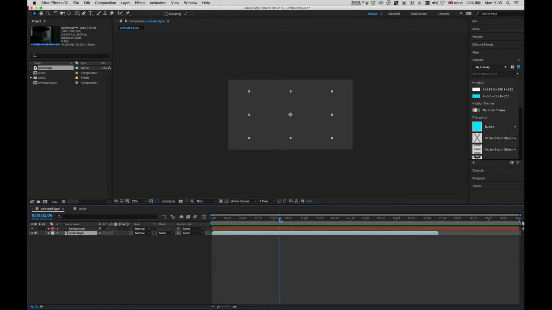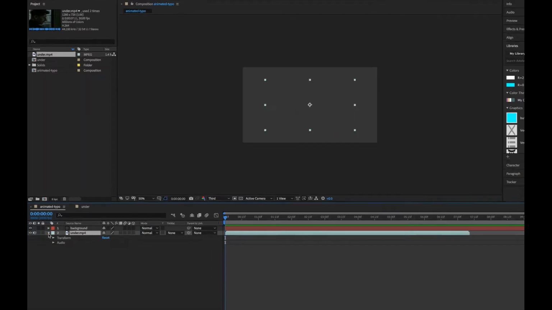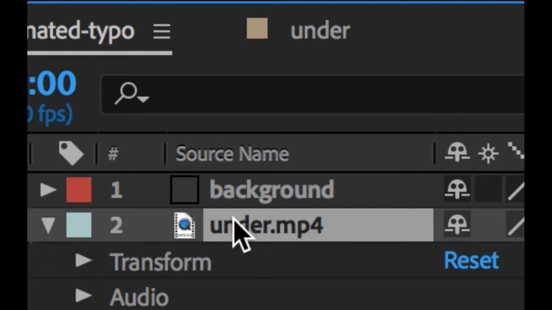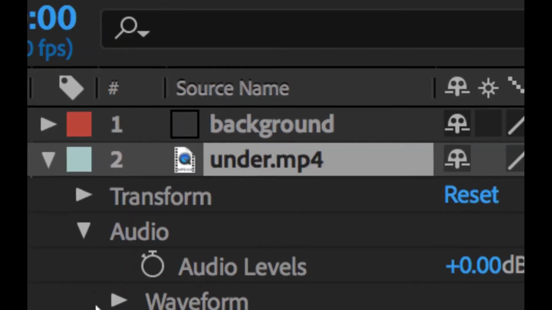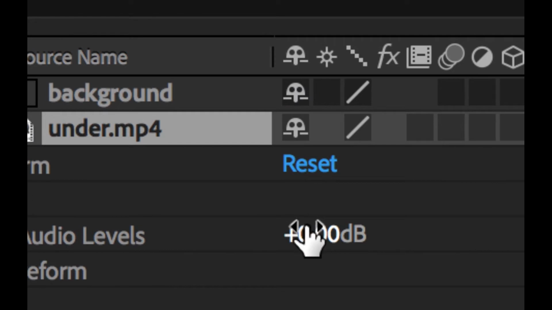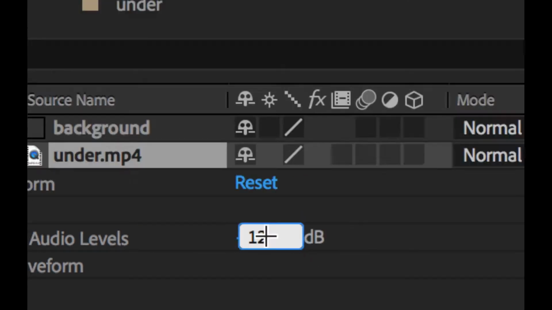Right, so this is a quote from 1984 by George Orwell. The sound is not very loud, so I need to make it slightly higher. So I just expand this layer, go to Audio, and in the audio levels, I'm going to make this 12,